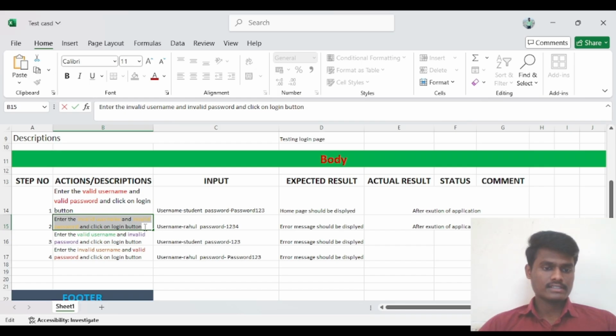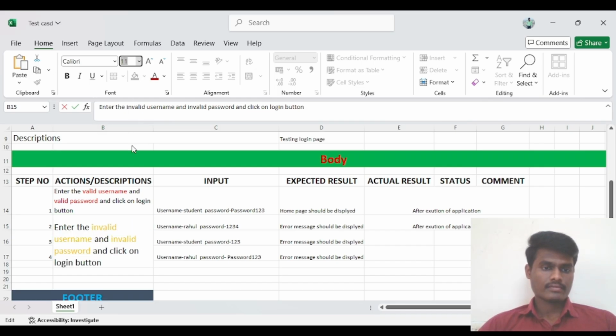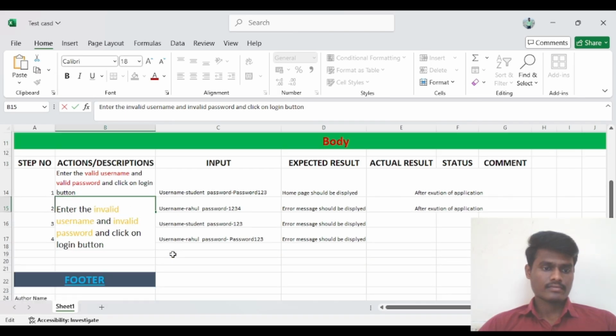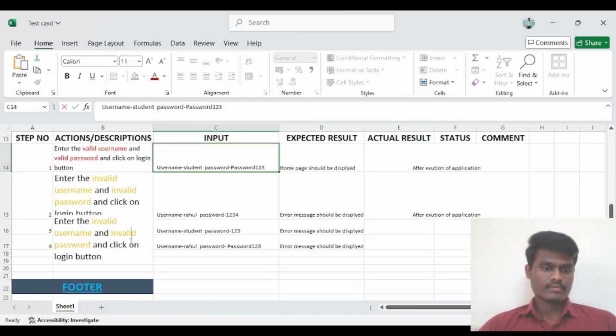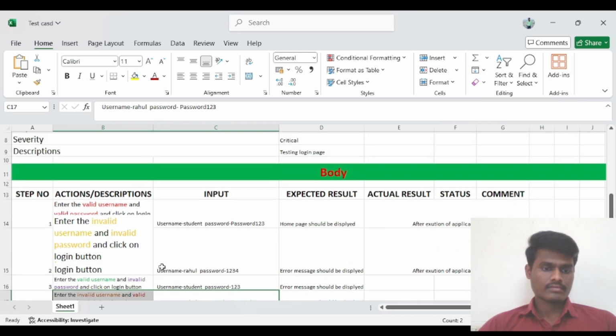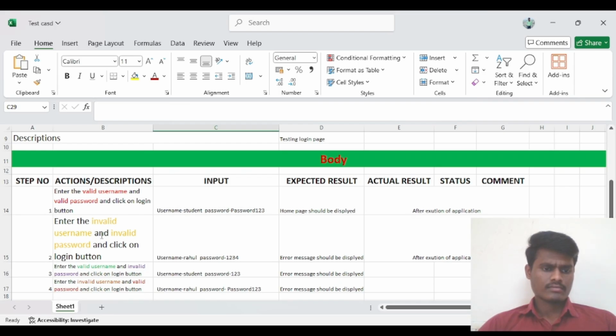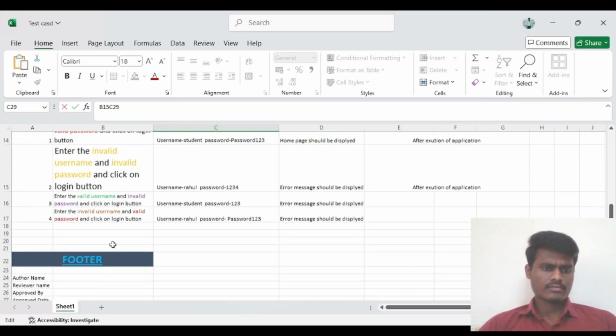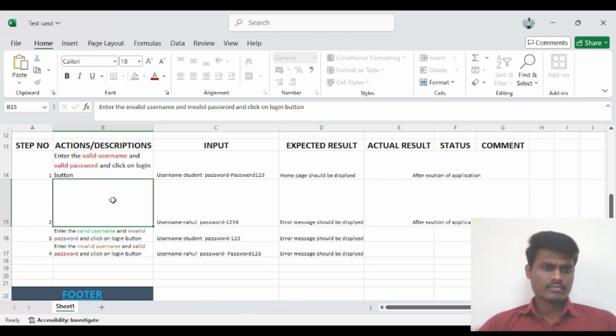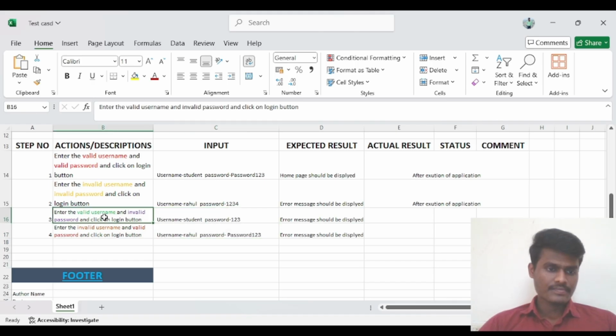Let me increase some font size so you can see clearly.